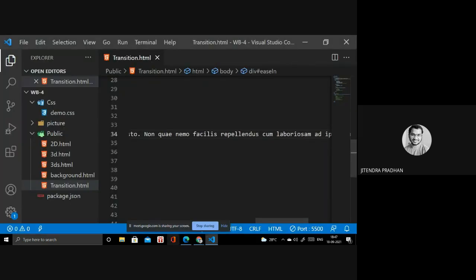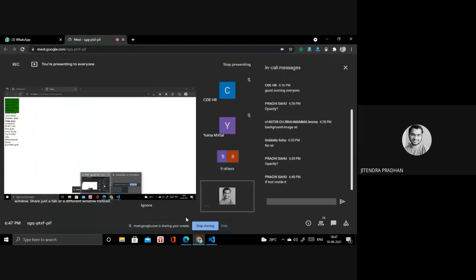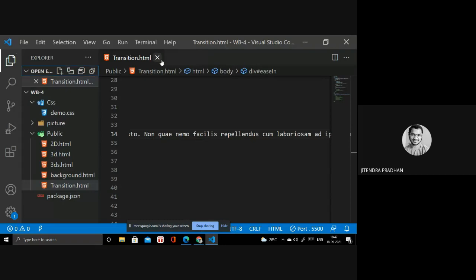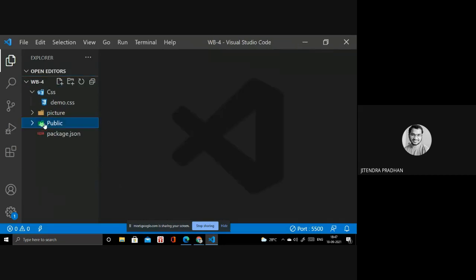So next we have to go to animation. I will open another file inside that, called animation. So I will be talking about animation. You know that animation is everywhere. If you go to any organization, or to mobile as well, the animation effects are there.